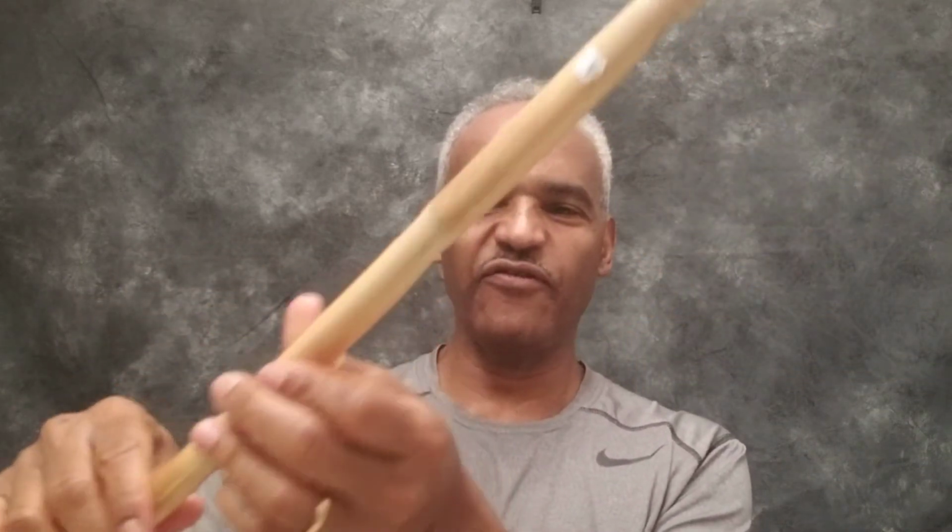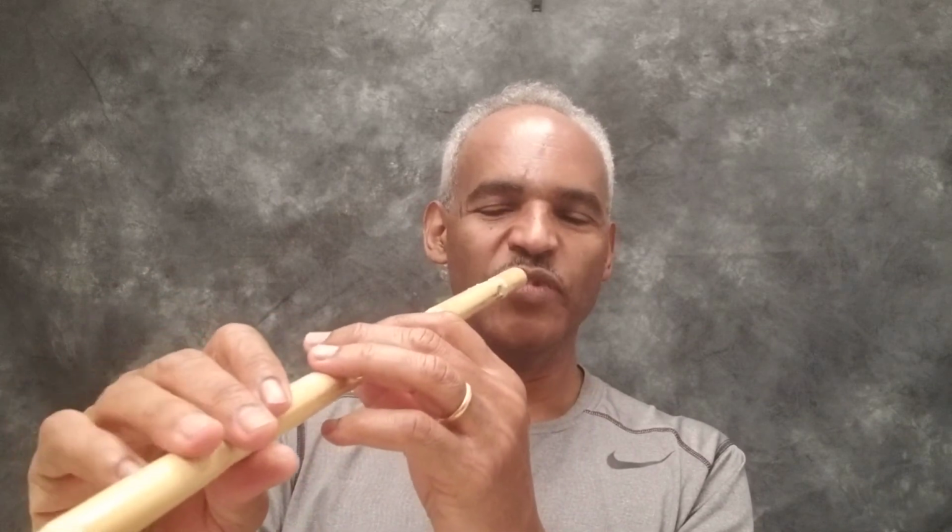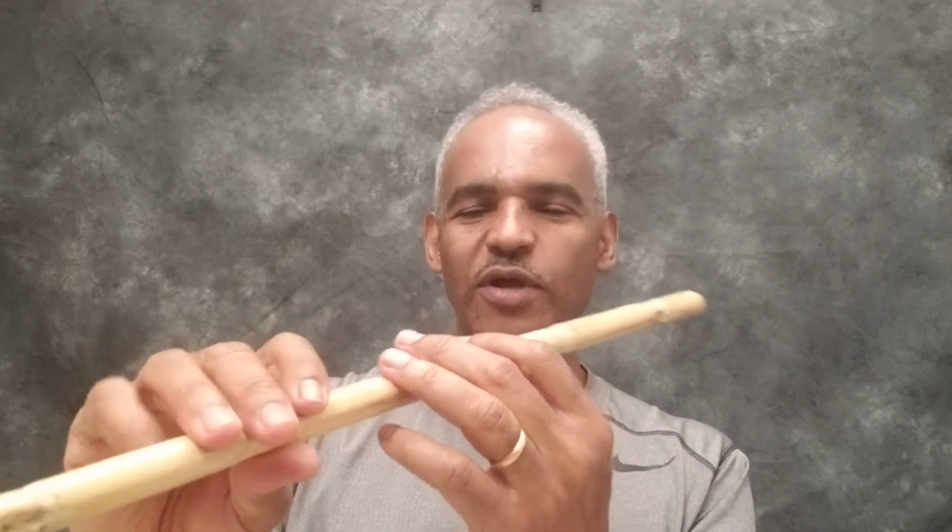So the first one is this. If it has 5 joints, that's how I would identify with the keyboard what key this is. So this is F major. That's the first. So this is how it goes, without picking any one of them. So if I want to play a tune,